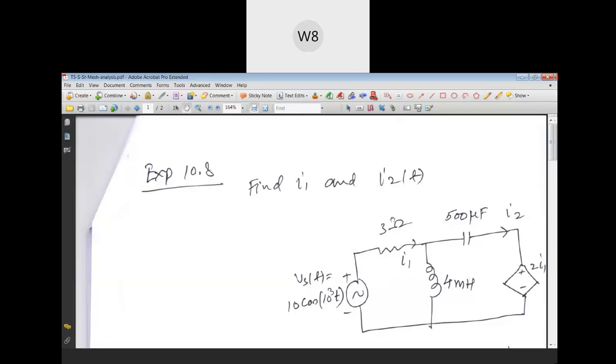So everything currently has been given in time domain, and from here we have to move to phasor domain or frequency domain and do the calculation in the usual way, and then come back to time domain. So these are the 2 or 3 steps: from time domain to phasor domain, then back to time domain. So try to find I1 and I2, first in phasor form and then in time domain form.